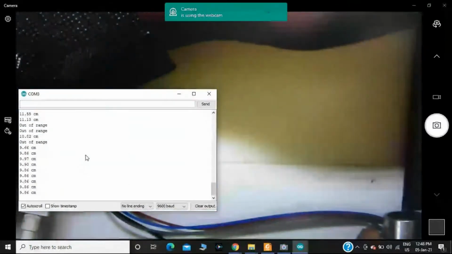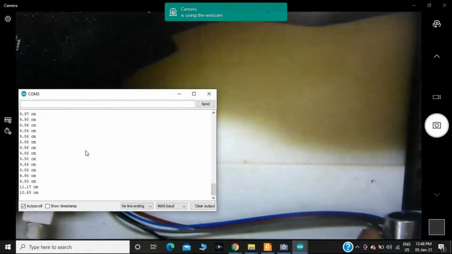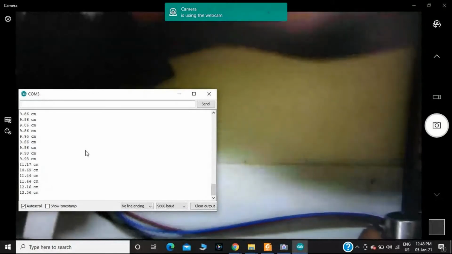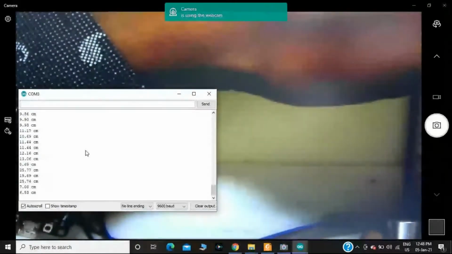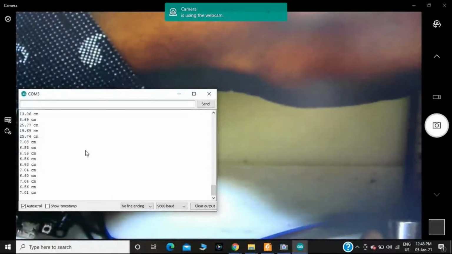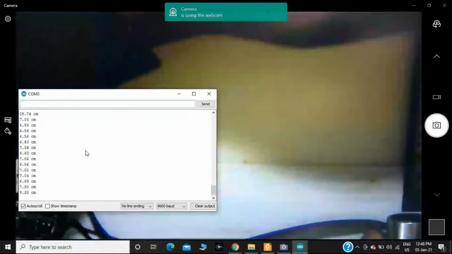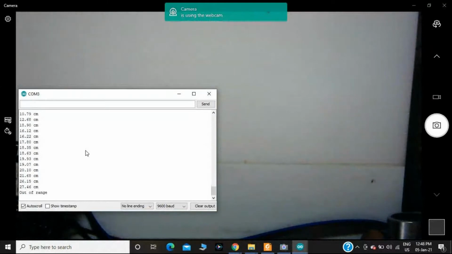In this example, it is going to display the distance if the object is less than 50 centimeters. If it is moved farther than 50 centimeters, it is going to show out of range. Now observe it carefully. Now I'm moving my hand out of range.